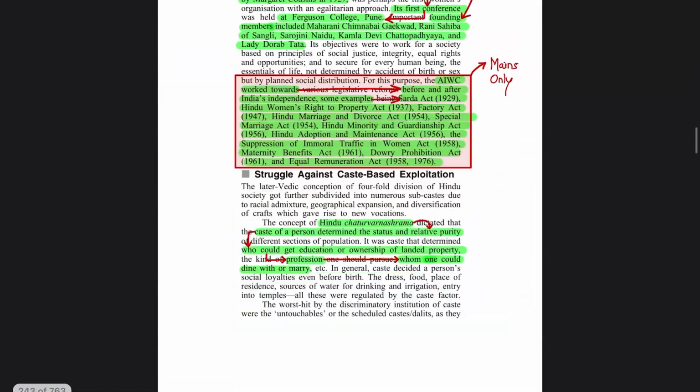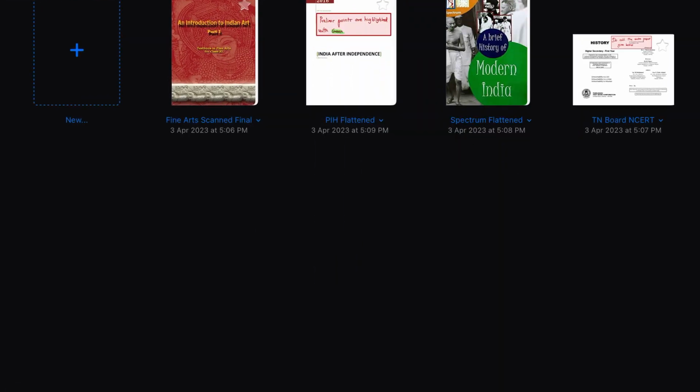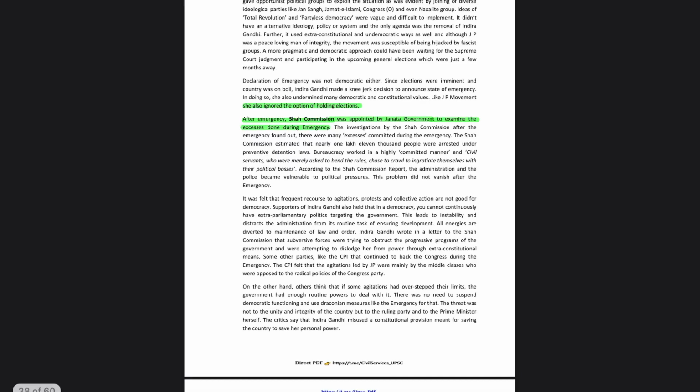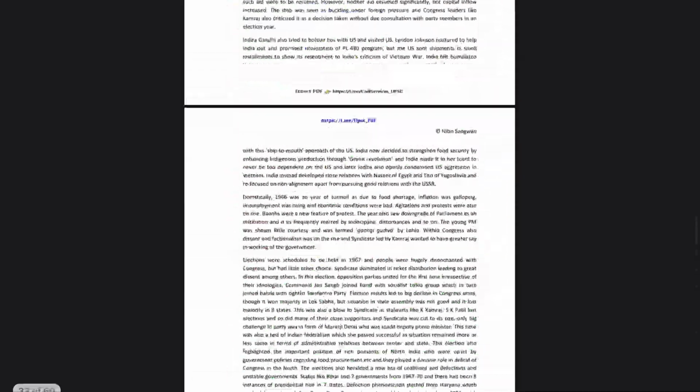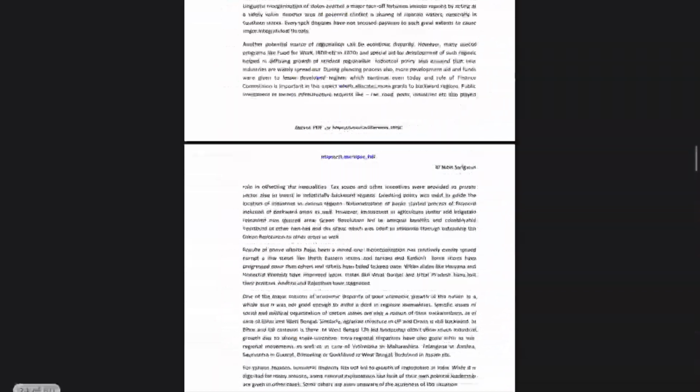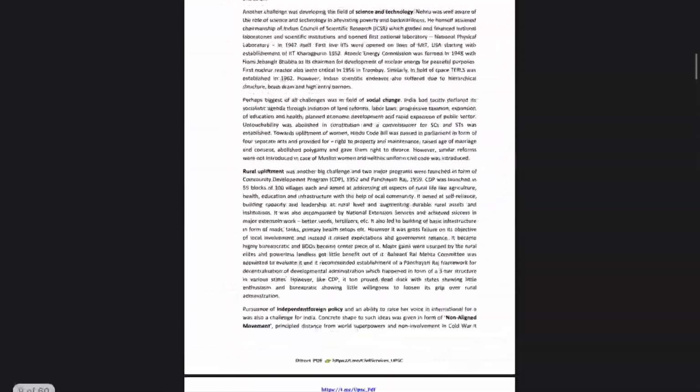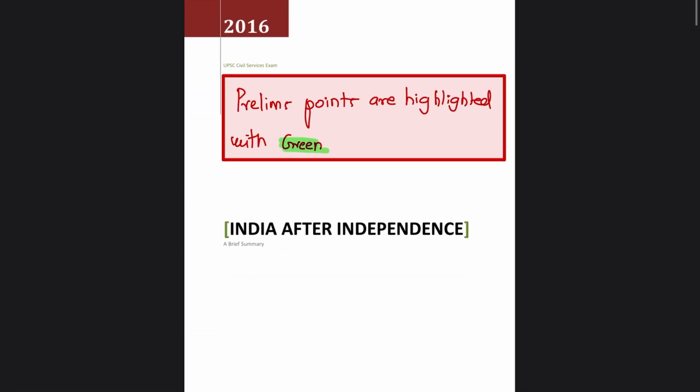So similarly, I'll take you through the post independence history. In post independence history, only 1 or 2 questions are asked, and it is not fixed whether they will ask a question from this topic or not. Sometimes no question has been asked from this topic for many years. So again, can we skip this? No, we cannot skip it. So what we can do is prepare a very basic material.